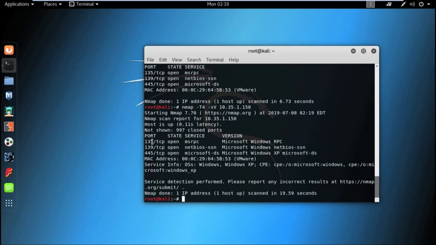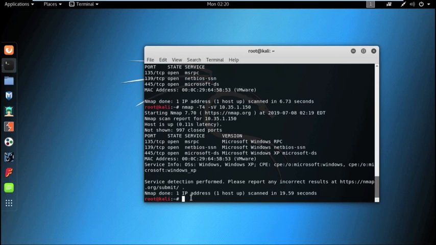See, the corresponding version is also there: port 135 service MSRPC is running, port 139 is also open, 445 is also open, and the corresponding services and their versions are also detected here, right.